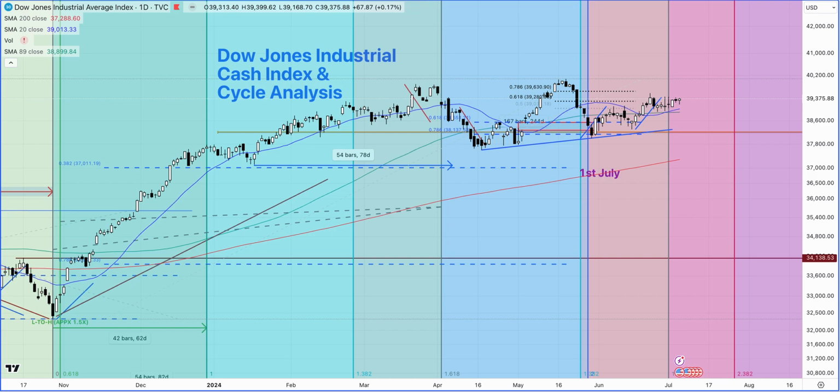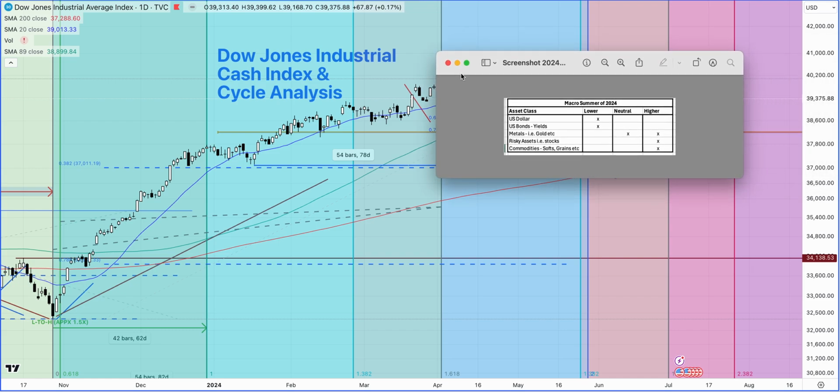Here, something I just want to point out before we move on is this. This is the model that we were looking at in terms of our macro for the summer of 2024. It is also an election year, and here we were looking for the dollar to move lower, yields lower, metals neutral to higher. These are mainly precious metals that I'm looking at, such as gold and silver. We were neutral because gold had already moved quite a bit, silver had also moved quite a bit. The dollar was a little bit firm, but now the chances are the dollar is likely to move lower, so we could move from neutral to higher pretty quickly in this one.